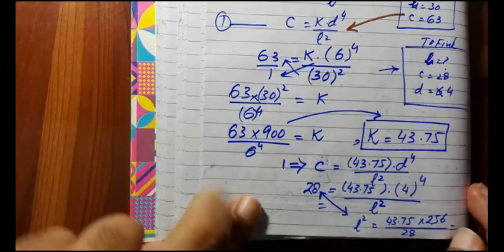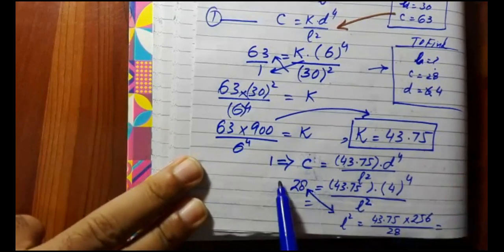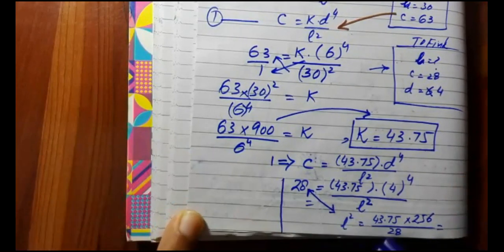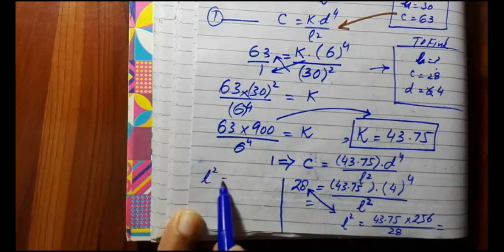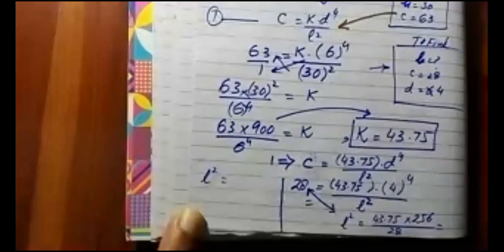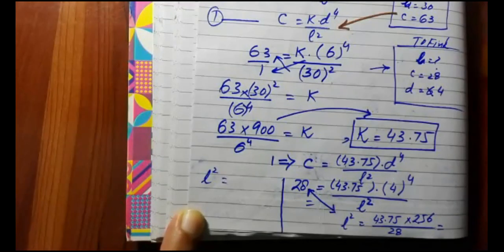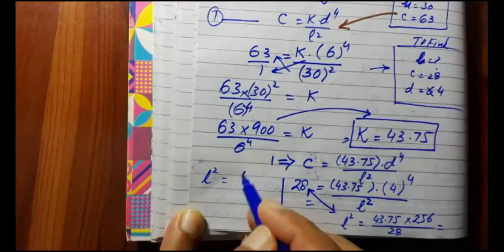I am doing it because we are running short of space, so I am simply writing L square equals to, now use the calculator. So it will become 400, and once